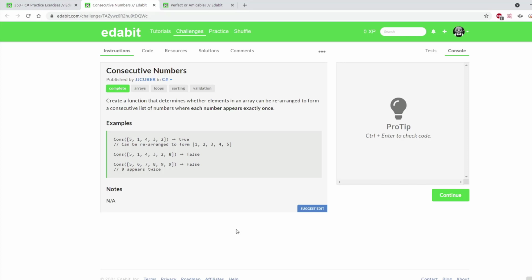Okay guys, now for this question, it says consecutive numbers. Create a function that determines whether elements in an array can be rearranged to form a consecutive list of numbers where each number appears exactly once. So we are basically rearranging them, right? Okay, nice. Let me just copy this example